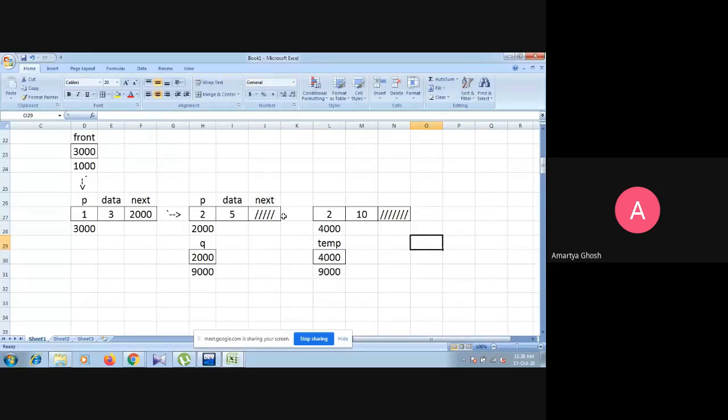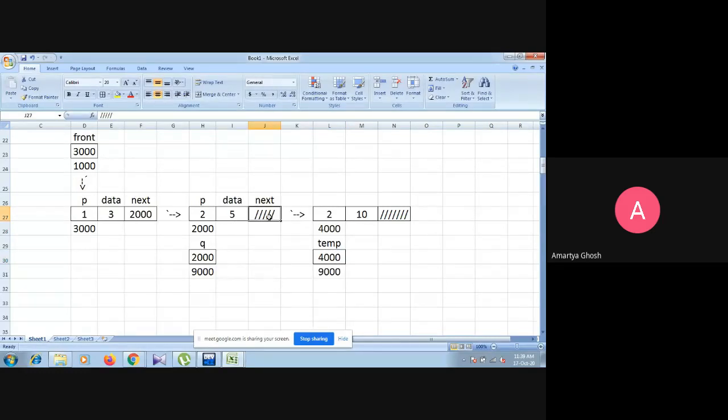Now we have to link here, by inserting this 4000, that is the new node base address, into the next part of Q. It is possible because the base address of the new node is held by temp, so the value of temp should be assigned into this position.